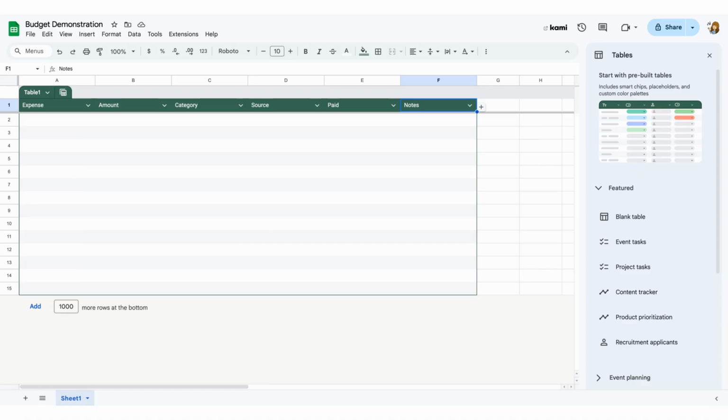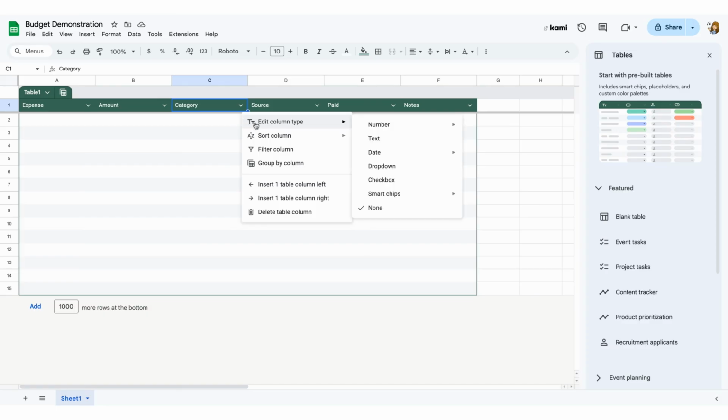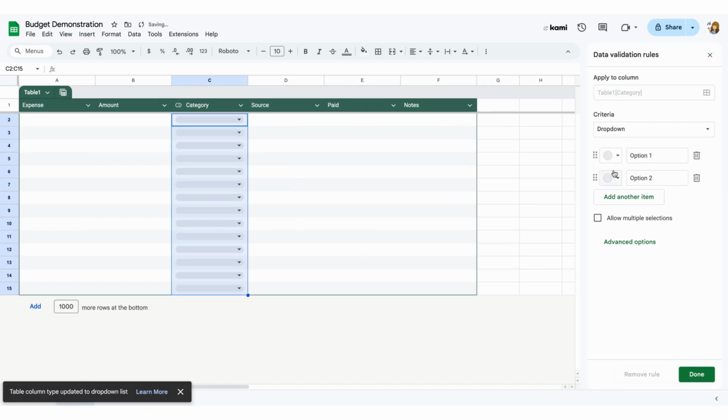Now that I have labeled all of my columns, my next step is to decide what types of information I would like to put in each column. For the first two, A and B, I'm going to leave them as is. For the category column, I am going to select to edit the column type and select a drop-down. Because this is a pre-formatted table, it is going to automatically open up the conditional formatting so that I can